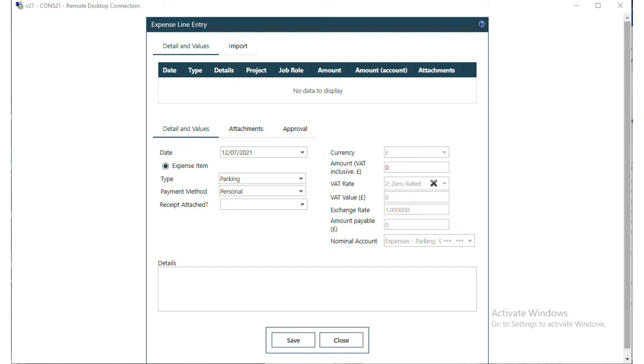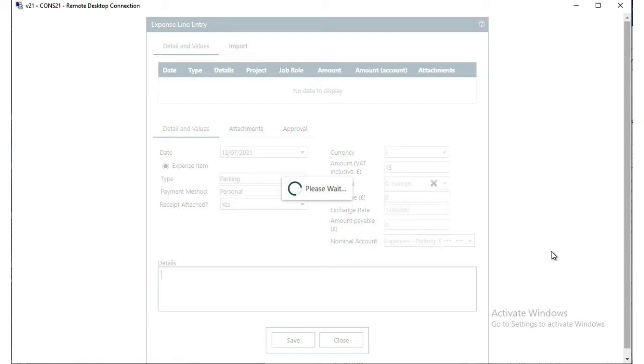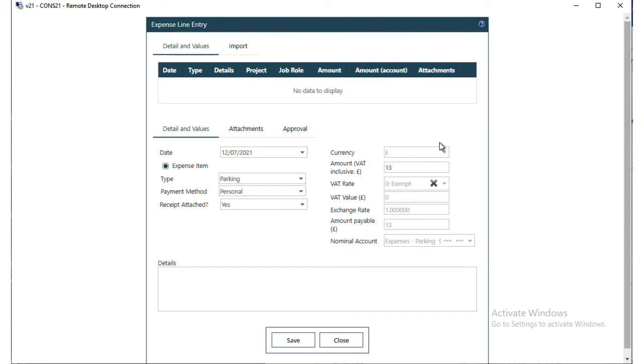We are working with a personal claim here. You may have company cards as a company. For those claims, speak to your WAP administrator. Say whether there's a receipt attached and how much this claim is for. Most of this information will be pre-populated, and depending on your permissions will depend on whether you can change any